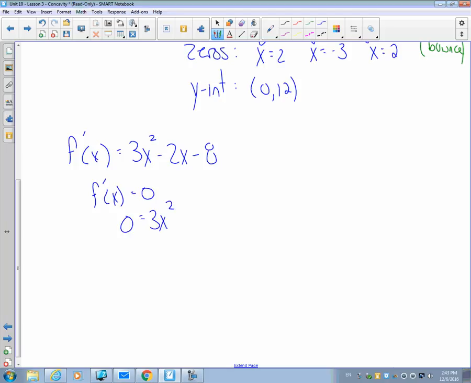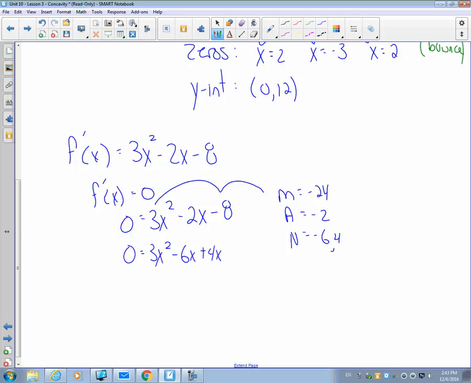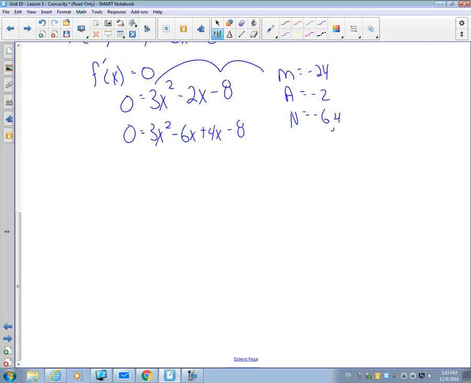So can we factor this? It's a question we ask ourselves. Looks kind of like a complex trinomial. So 3 times negative 8 makes negative 24. What numbers multiply to negative 24 and add to negative 2? Negative 6 and 4. Okay, so decomposition: 3x squared minus 6x plus 4x minus 8. And if we common factor the first half, we get 3x, x minus 2. And the second half, 4, x minus 2. So our equation is